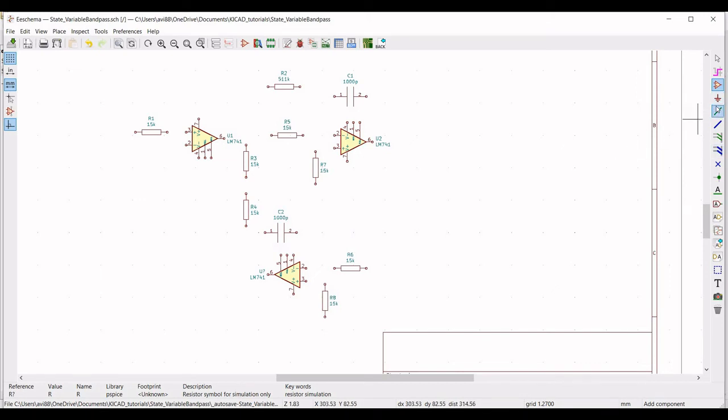Now click on place power port. We have to place the ground connections. Before that, we will select the wire and connect the resistor R1 to terminal number 3 of the first op-amp. Now connect the output of the op-amp to the resistor R5